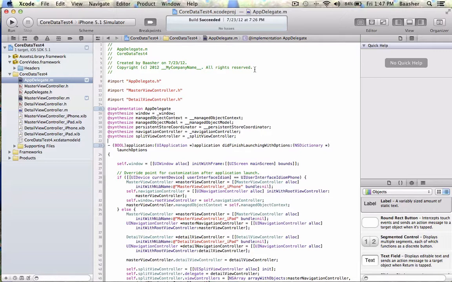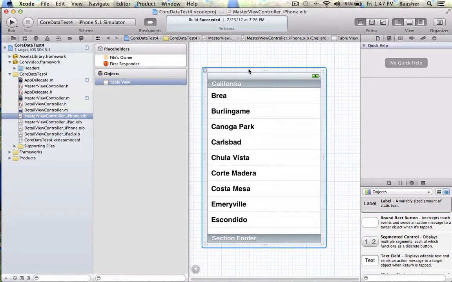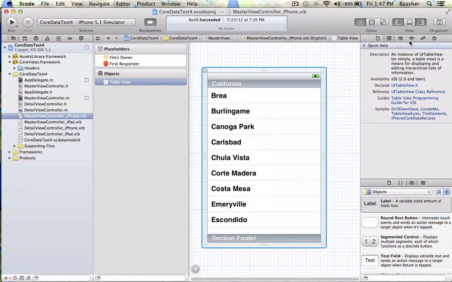The nib files are a special case. Let me select the nib file. It's a user interface, and now we have more options than if we were looking at a source code control file. So I select it in the navigator, then I select individual things here,